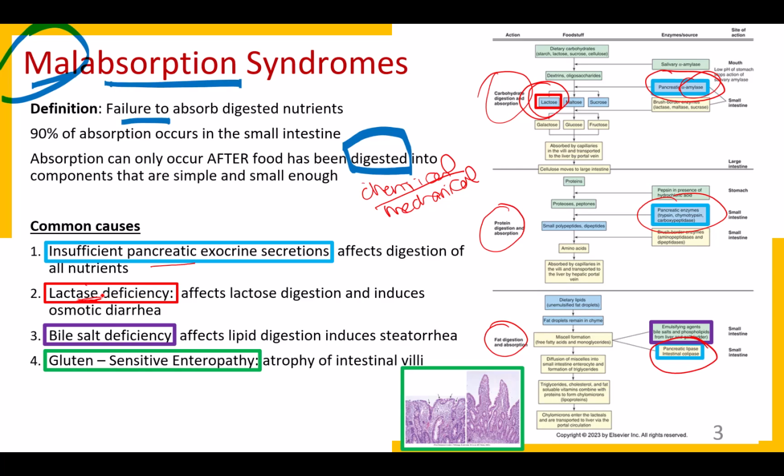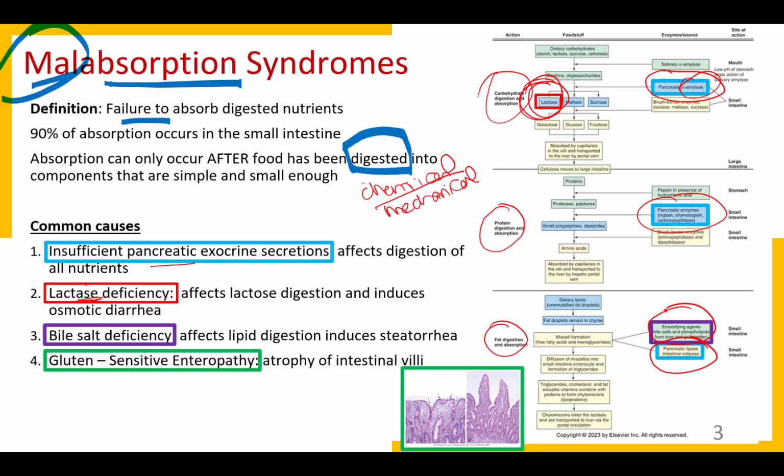it actually induces osmotic diarrhea, where instead of water being absorbed in the large intestine, it stays within the lumen of the large intestines, and then it leaves the body as diarrhea. So that's lactase deficiency over there. The third common cause is bile salt deficiency. So bile salts are produced by the liver, stored in the gallbladder, and released when there are lipids in the